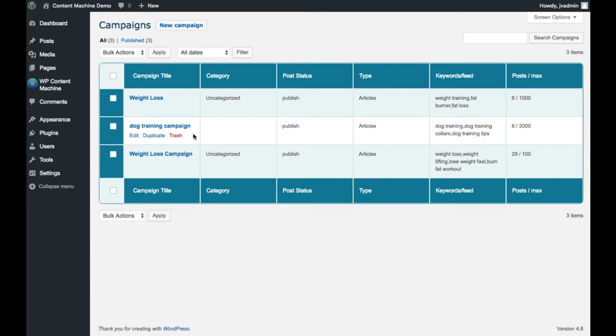So, if you're looking to use this to build an authority type blog that's going to rank for really competitive terms like dog training or weight loss, well, let's be honest, it's not going to happen, because you're going to have to create your own valuable, unique content that's going to get links on its own, and not something that was already out there that someone else did and now you're trying to use.